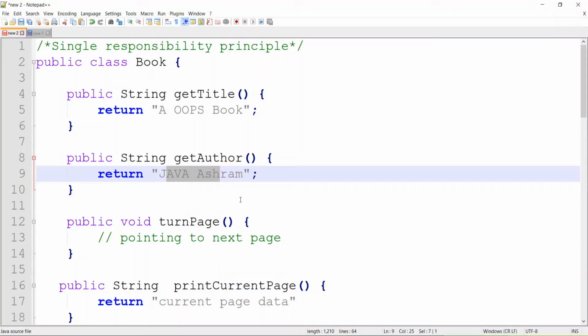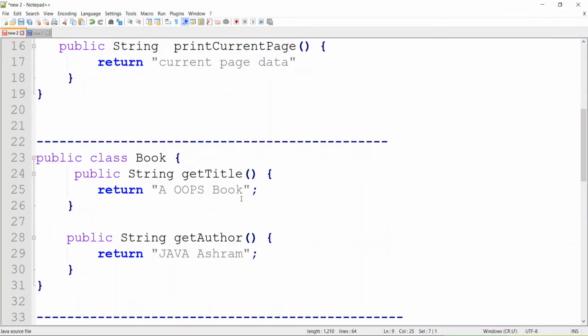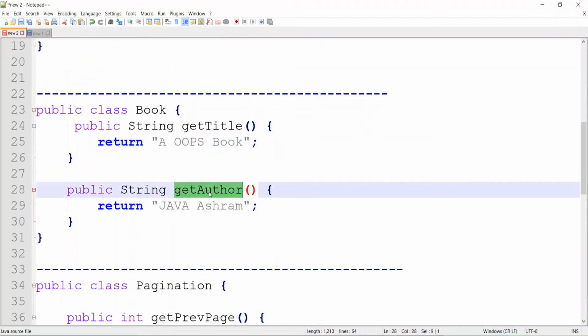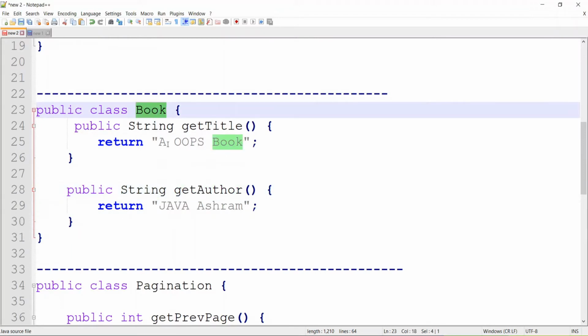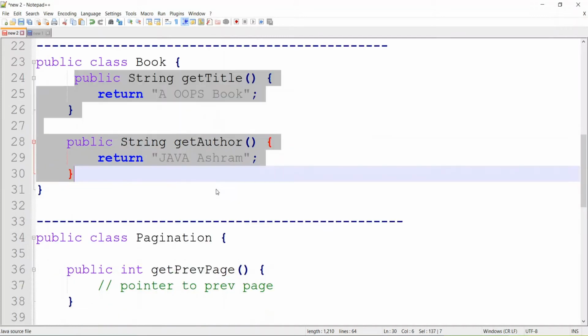So how can you normalize this class? Let's see. You will create a Book class. It will return only the title of the book. There is a get author method, so it will return the author of the book. So this class is capturing only the information related to the book. Now let's see pagination.